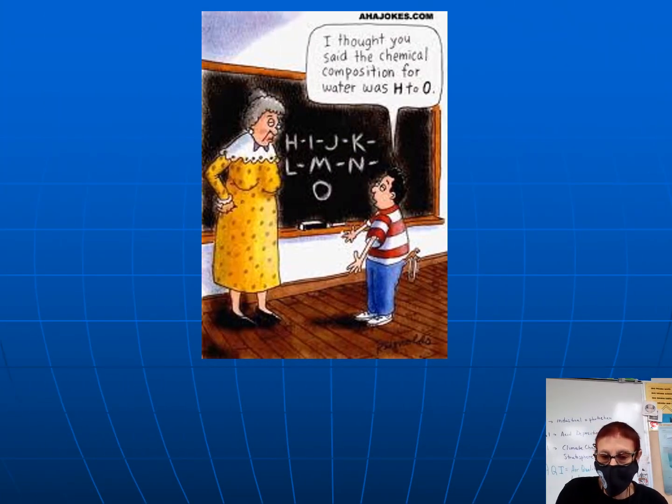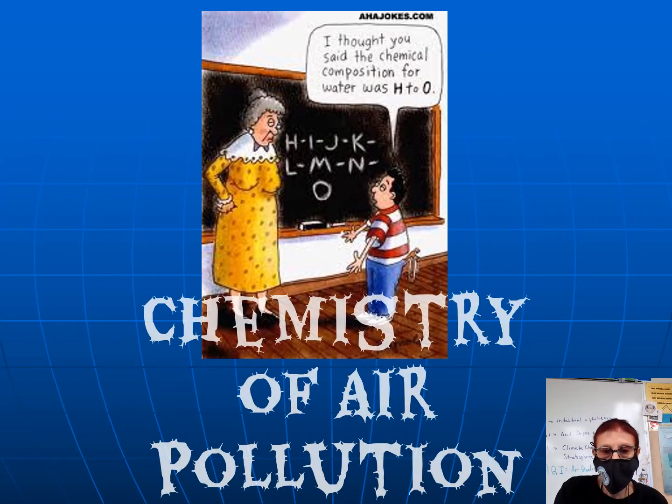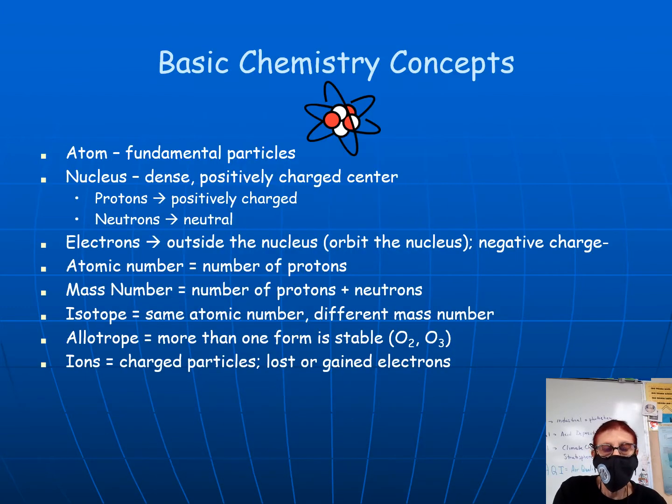So welcome to the Chemistry of Air Pollution lecture. If you look at the issues that we face with respect to air pollution, you can look at local issues such as industrial or photochemical smog. You can look at regional issues such as acid deposition. And you can look at global issues such as climate change and stratospheric ozone depletion. Today, we're primarily going to focus on local and regional issues, although we will touch upon some of the things dealing with